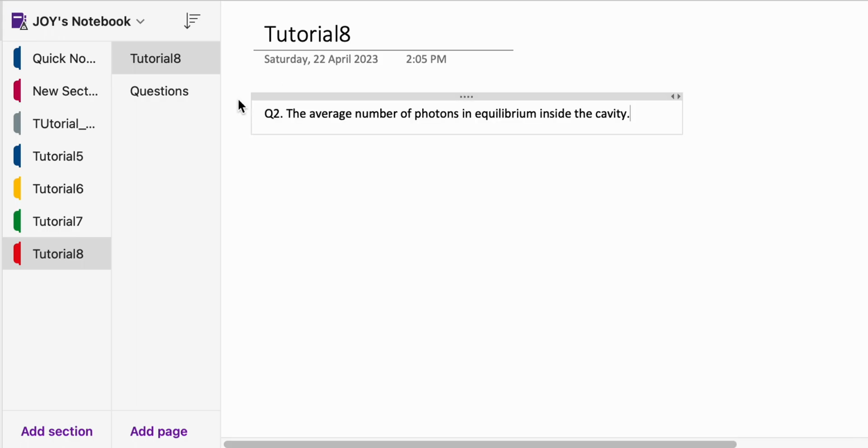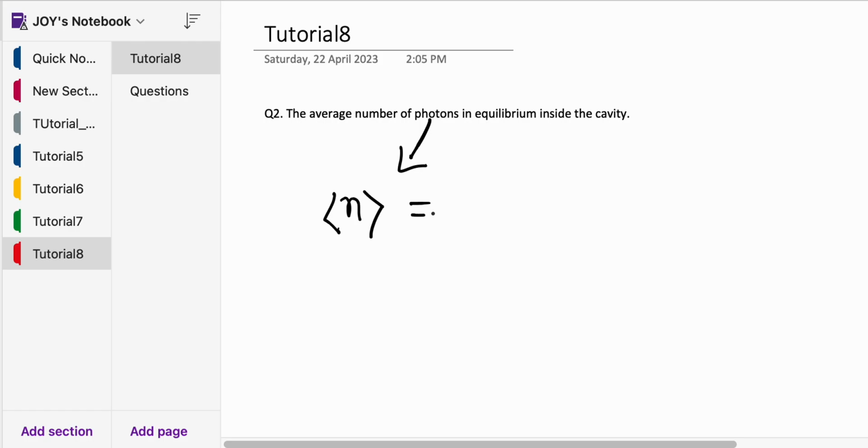So, the first question. In this question it is asked: what is the average number of photons in equilibrium inside the cavity? So let's calculate that. What do we know about the photon? We know that its average particle number, if there is a